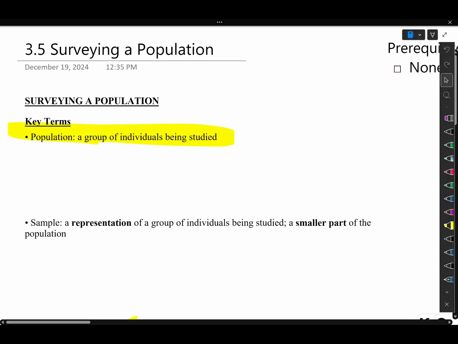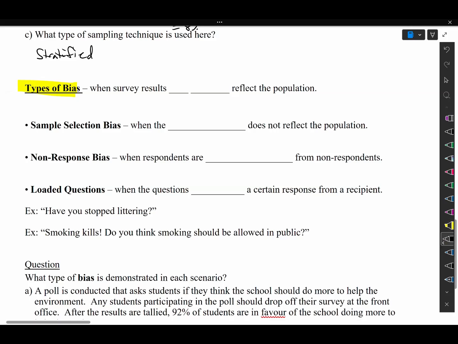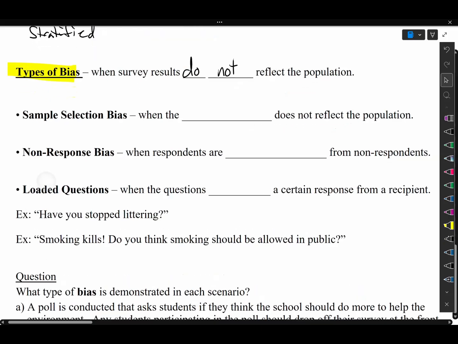Good, so we'll continue our lesson here on surveying a population with one more piece, and that is looking at different types of bias. Now, bias is when your survey results do not reflect the population. That is, when all of the effort that you have put into collecting your survey is put a little bit to waste because it's not going to give us an accurate representation of what we're trying to represent,